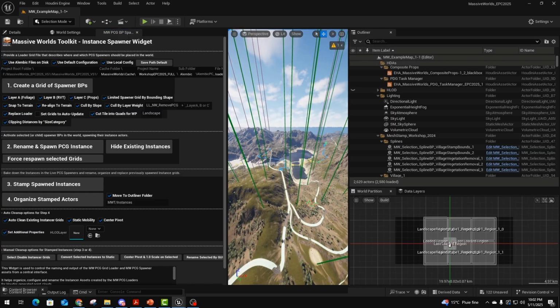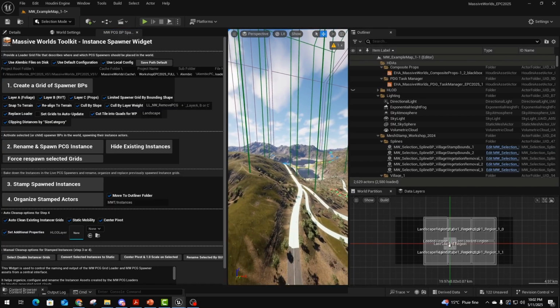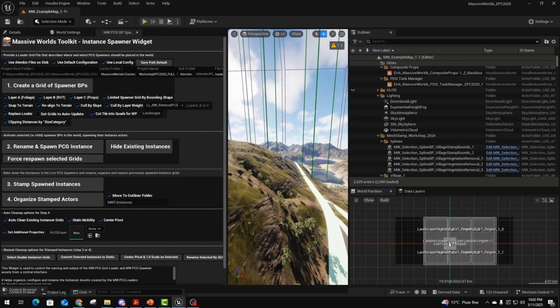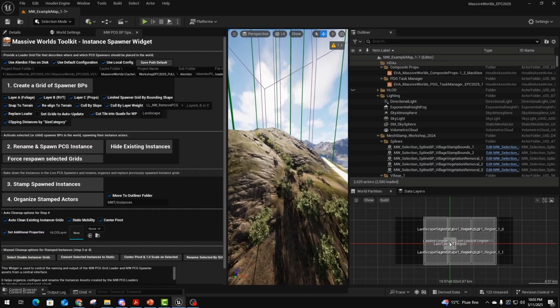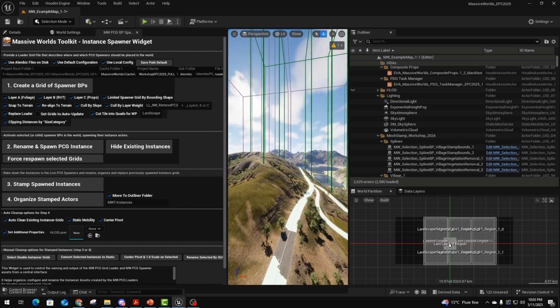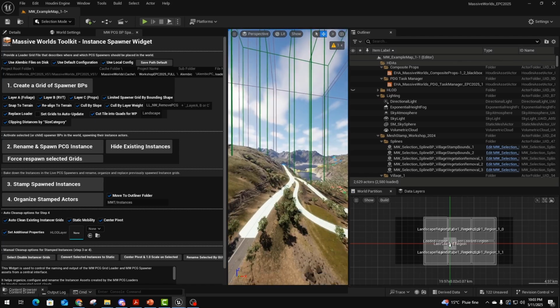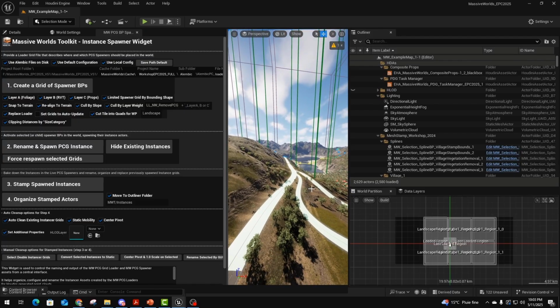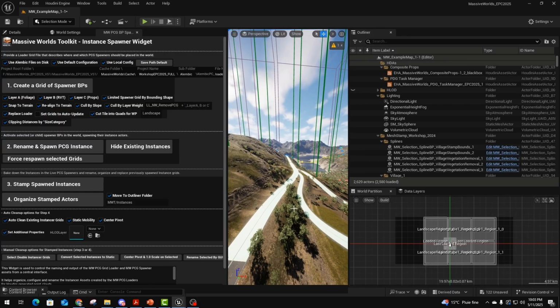So if I click that, notice how it has now replaced these actors. Now you won't be able to tell that, except those trees that were here previously, that were in the sky, are now gone. So what it's basically done, and maybe this is easier to show if I repeat this process,